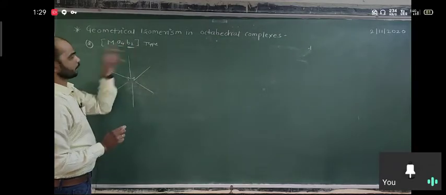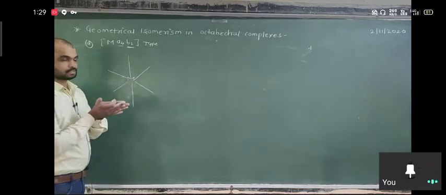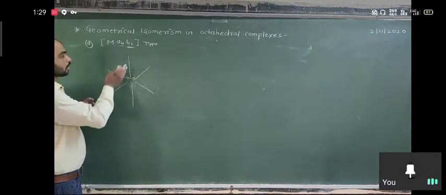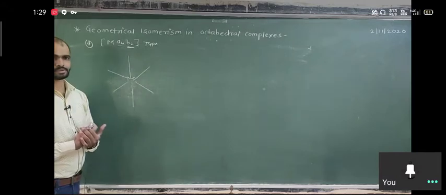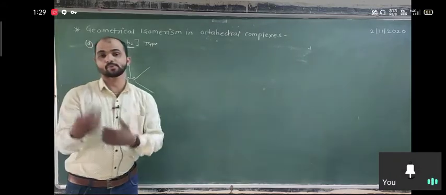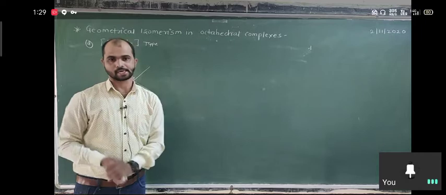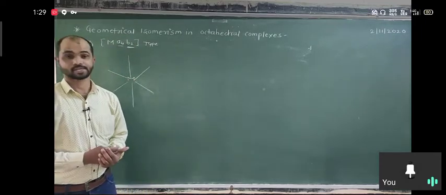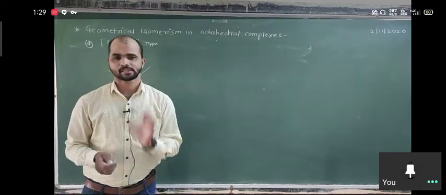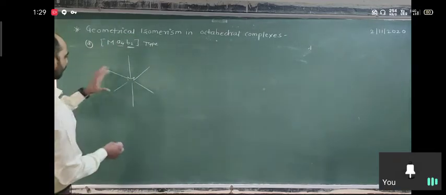So think about B2. So what is a cis? Cis means all ligands are cis to each other, or not all, but the proportion that is cis is more as compared to trans. So the maximum orientation is cis, we say it is the cis isomer. Okay. So in a given compound,